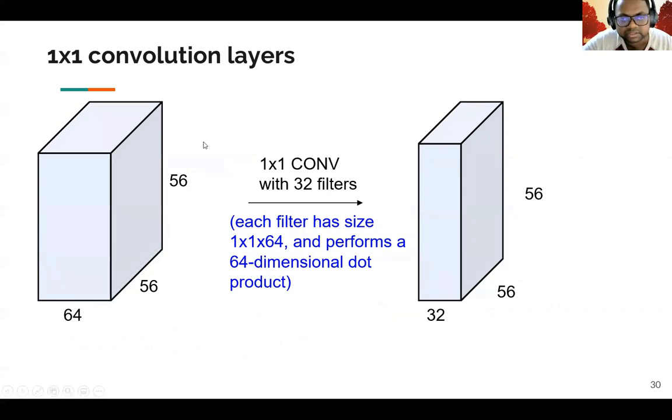So a 1x1 convolution is nothing but taking the 64-dimensional vector of your 64 channels and processing it into a 32-dimensional channel. In other words, there is a linear map between each pixel in the 56 by 56 input and a 56 by 56 output, just that you are now condensing the 64-dimensional vector into a 32-dimensional vector for each pixel, or each node. So you're not changing the X and Y, the 56 by 56 dimension, you're just changing the channel dimension alone.